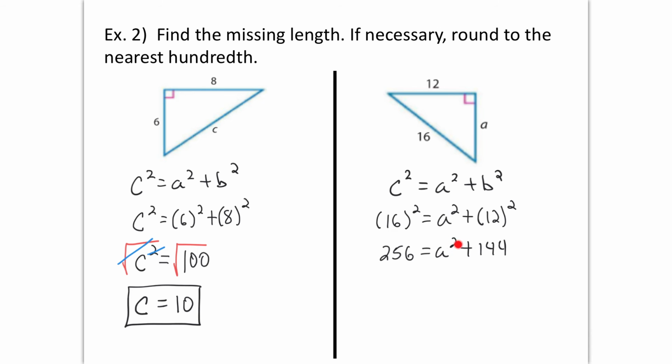We need to solve for a, so let's go ahead and subtract 144 from both sides. And when we subtract 256 minus 144, we get 112 equals a squared. And you can cancel the 144 on the right side of the equation. So now we need to cancel the square. To cancel the square that has the a, you are going to take the square roots of both sides. So you are going to cancel the square and the square root, and you bring down the equals. Here's the a, and the square root of 112 is